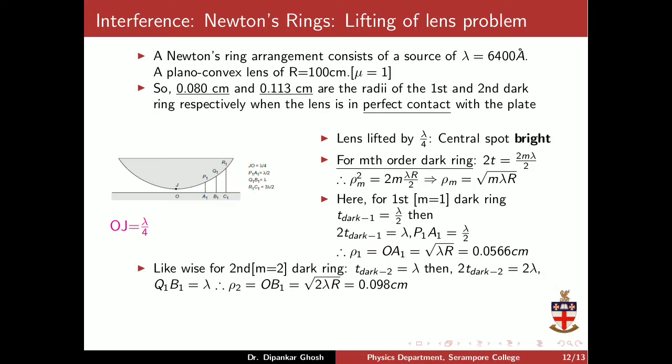So once again, you see the second order dark ring's radius has reduced from 0.113 centimeter when the lens was perfectly touching the surface of the plain glass plate, to 0.098 centimeter now. So what is the conclusion? The conclusion is simple, and also you'll remember that when the lens was lifted by lambda by 4, the central spot turned bright. So it appears as if